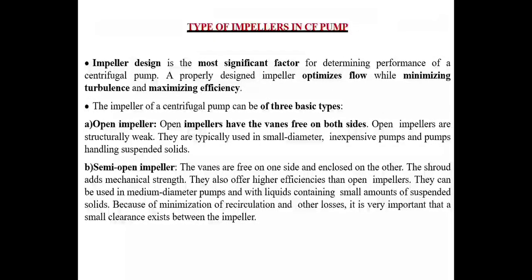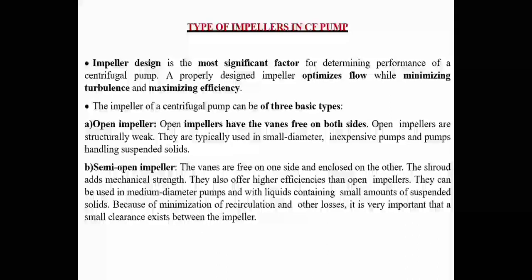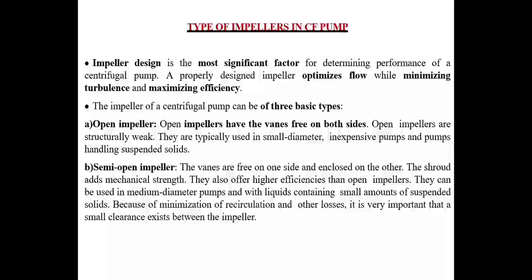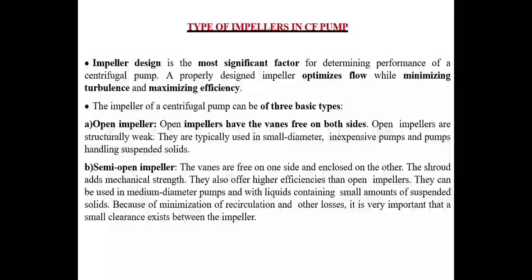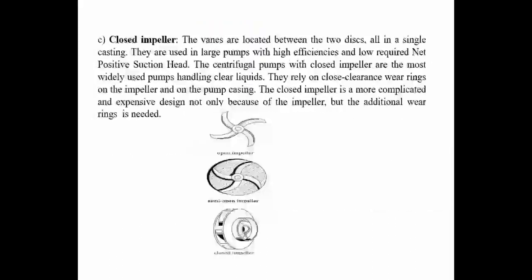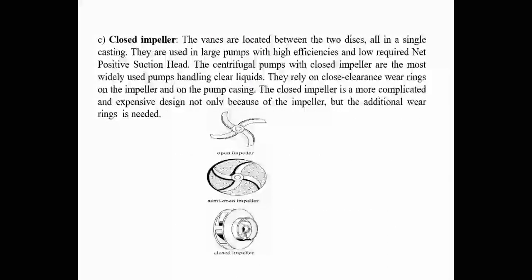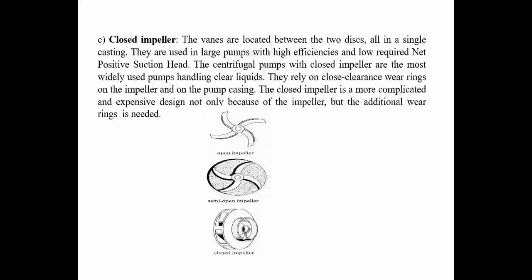These open impellers are mainly used in case of sludge removal or sewage removal, because if we remove the sludge, there will be many particles in it. If we are using a closed impeller, then it will clog the blades. In case of an open impeller, there is no closure, so the sludge will be removed easily. So open impellers are used in sewage activities, and semi-open impellers are impellers having closure at one side, the other side will be open. And closed impellers are closed from both ends.